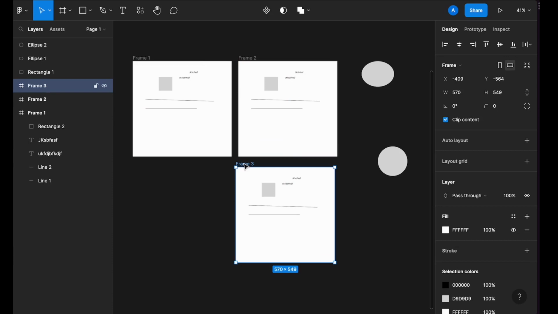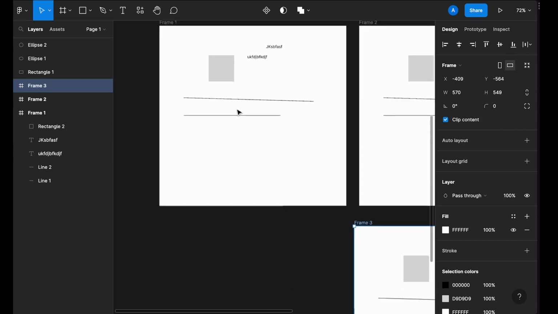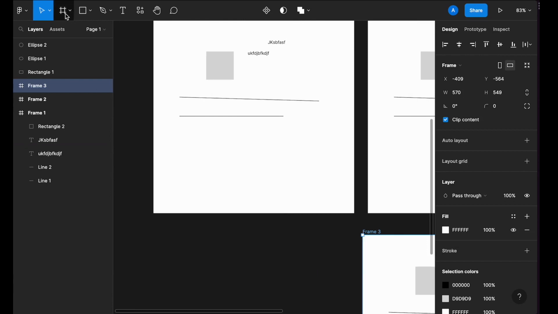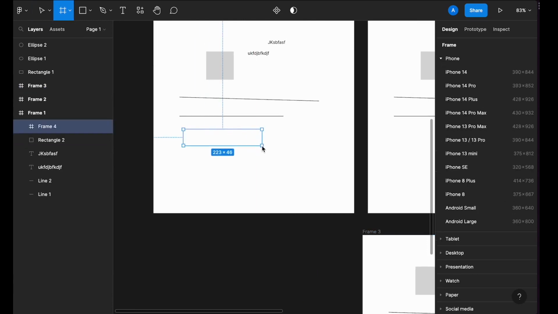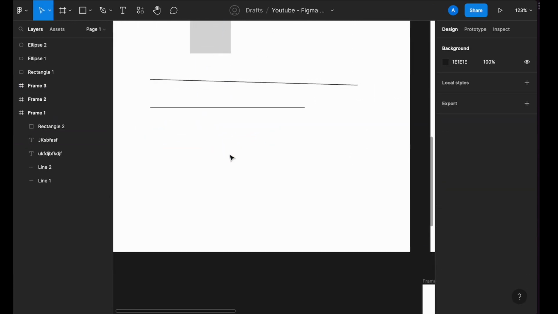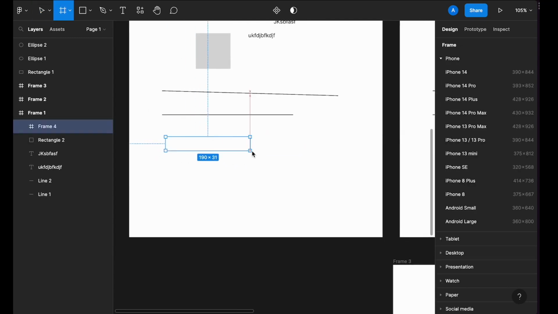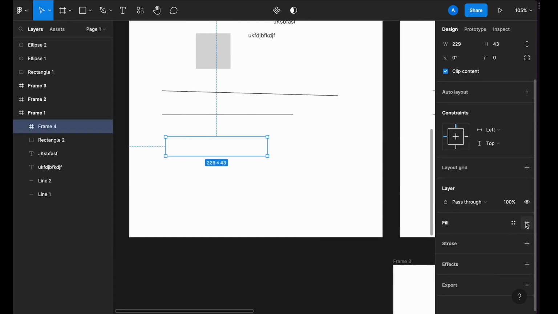So the next one I want to talk about is the copy properties. This is very important, a very cool feature. When I found out and when it was launched by Figma, it was very interesting. So permit me, I'm going to be showing you exactly how this works. So say I have like